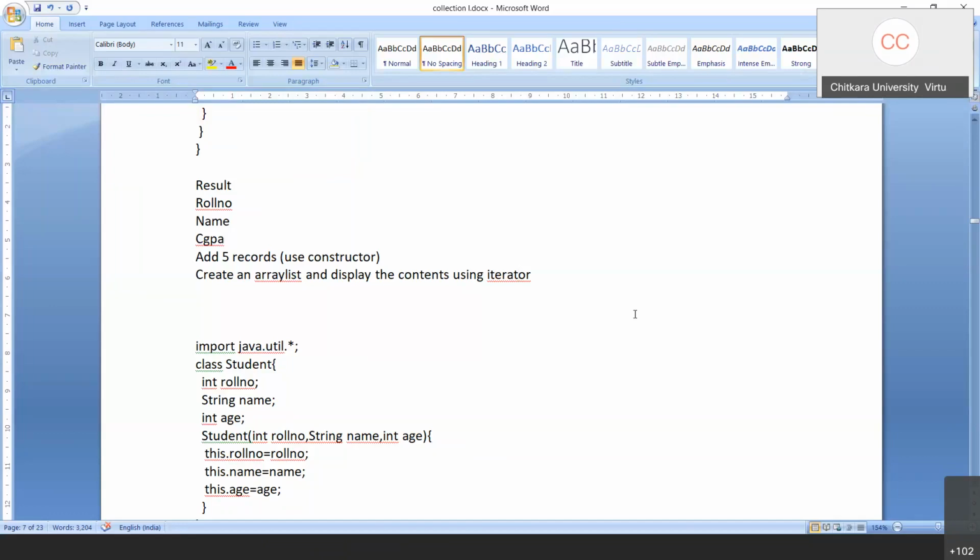Use the iterator method to display the contents of this particular class. If the solution is over, you can kindly paste it.